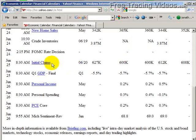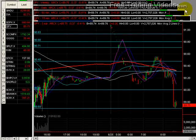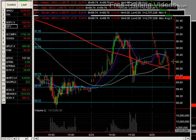It's mixed. So initial claims numbers came in worse than expected, and the GDP came in a little bit better than expected. So they're kind of washing each other out, but for the most part, that's not too bad of a sell-off. So if I go up one time frame to a 15-minute chart just on the S&P 500 ETF,